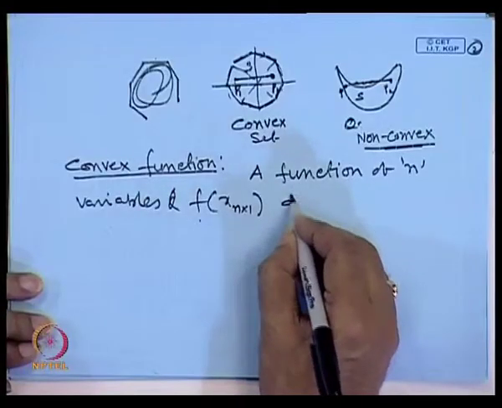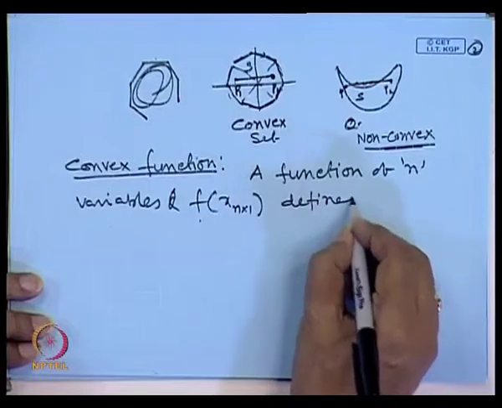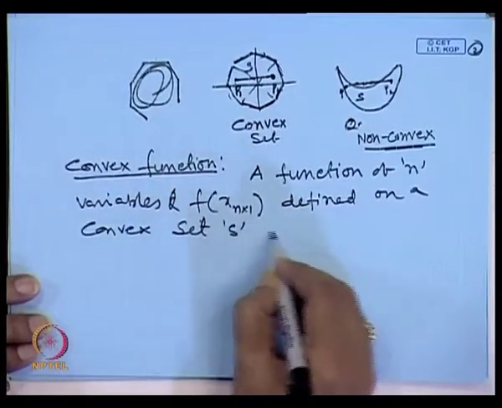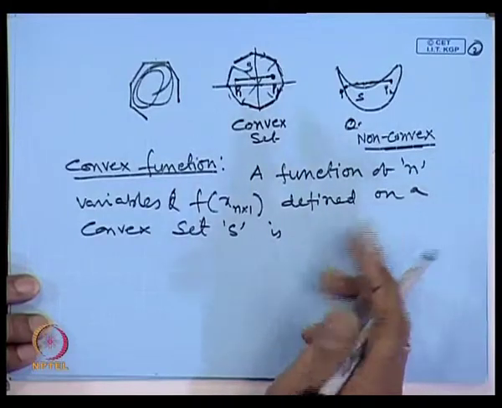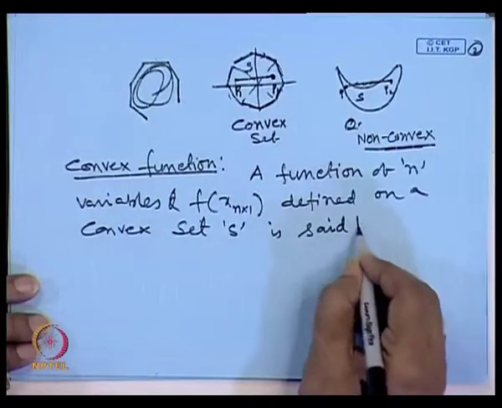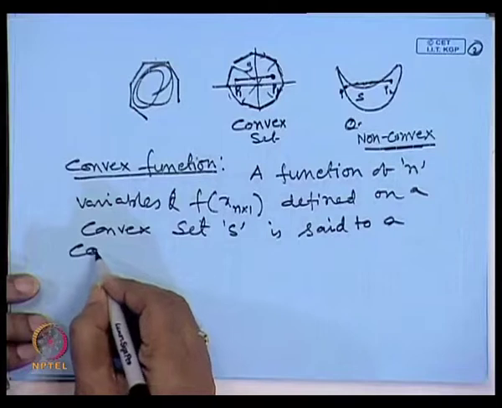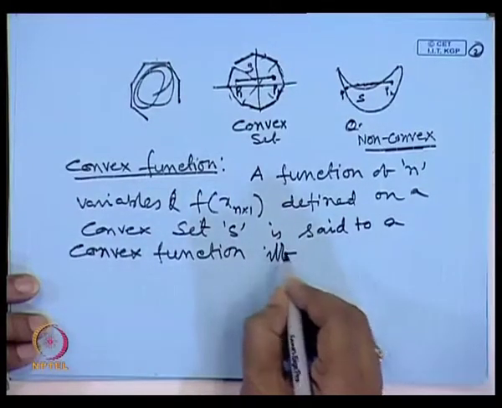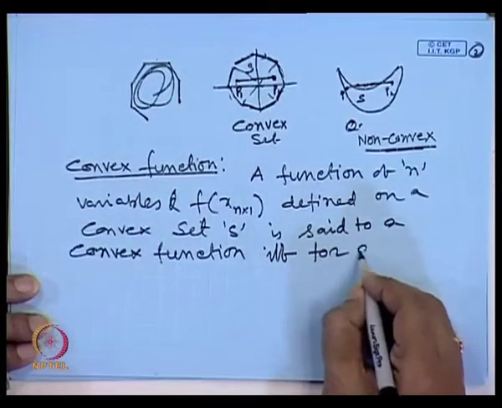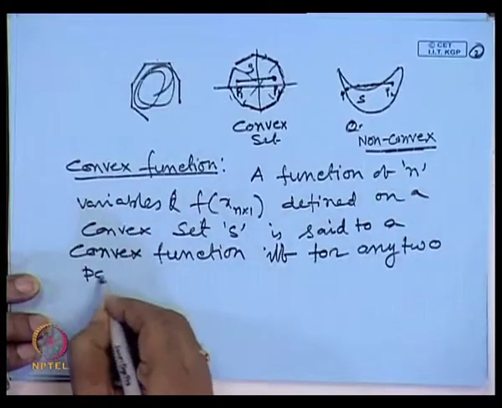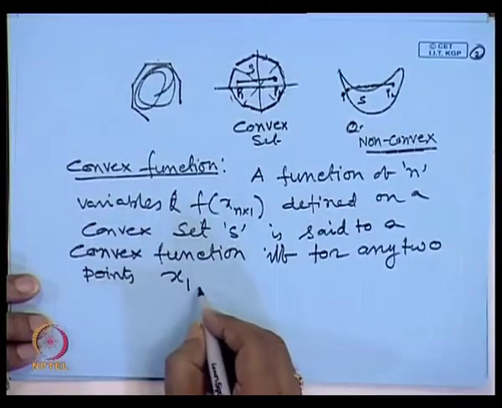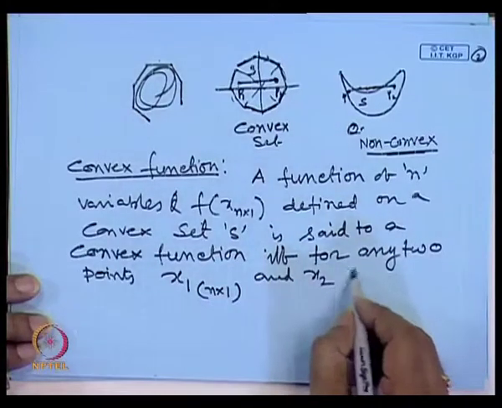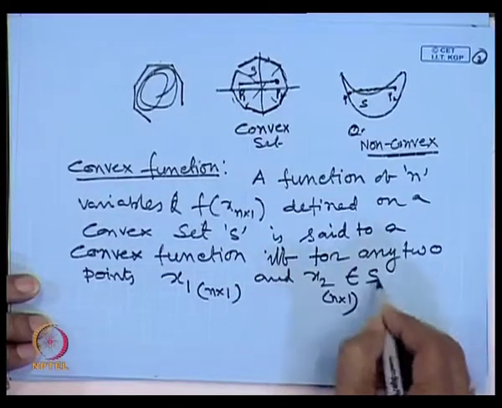The function defined on a convex set S is said to be a convex function if and only if, as a necessary and sufficient condition, for any 2 points x 1, whose dimension is n cross 1, and x 2, any 2 points on that set S,